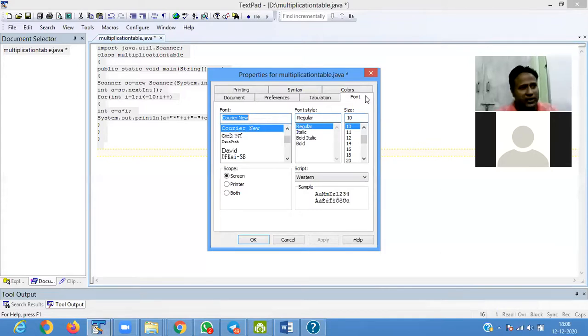One is numeric, another is character. Numeric only contains numbers. Character contains numbers, alphabets, or a combination, alphanumeric values. See that in character we are storing a number. In integer also we are storing a number.